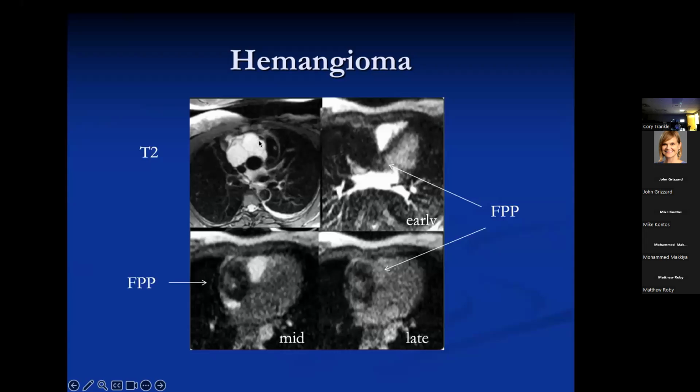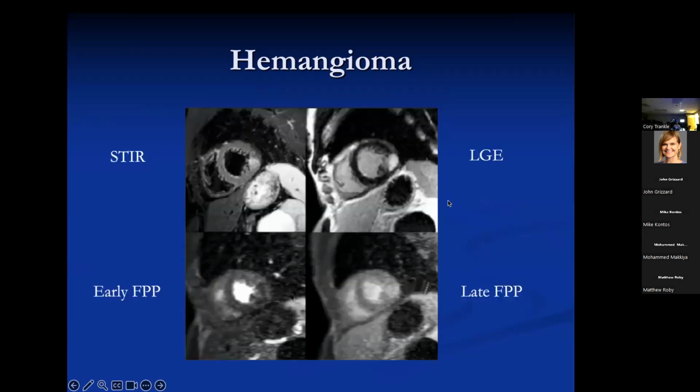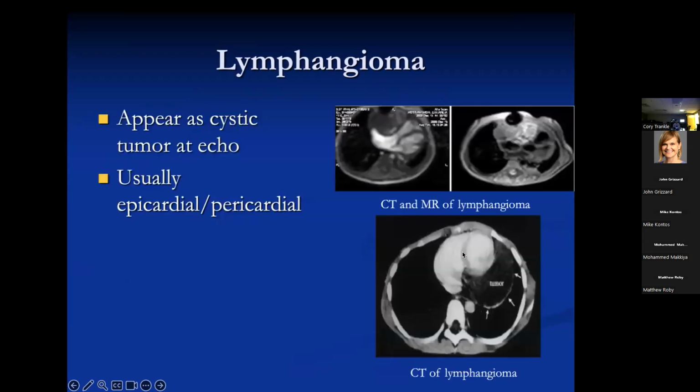Here's a case where you have T2 with these little septations in it. First pass perfusion, in this case, early didn't show up so much, but as time went by, it progressively accumulated contrast. Okay, here's one in the wall. You can kind of see, again, early first pass, it's a little more sluggish than the other tumor or the paraganglioma in terms of its appearance.